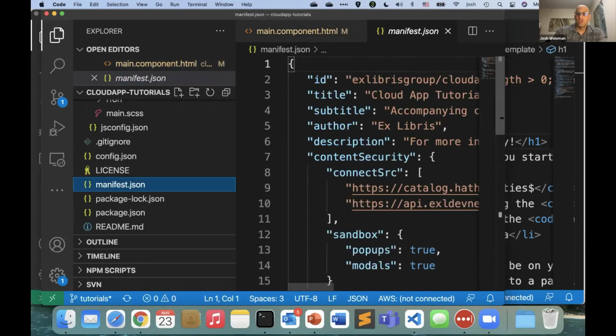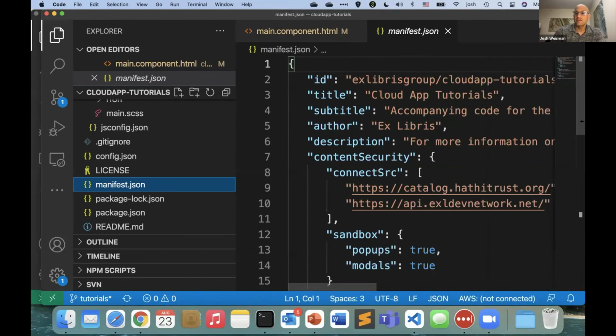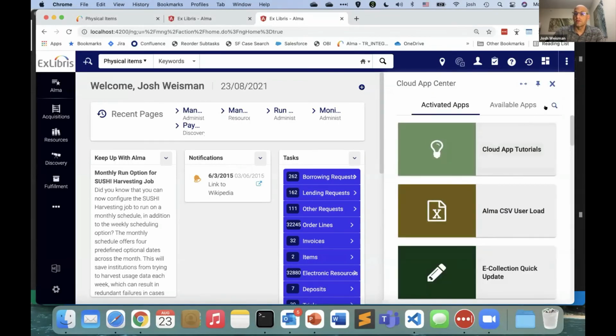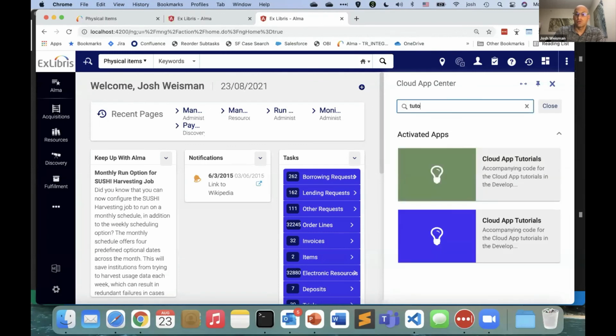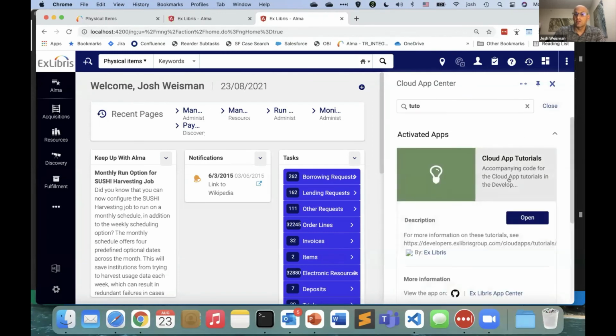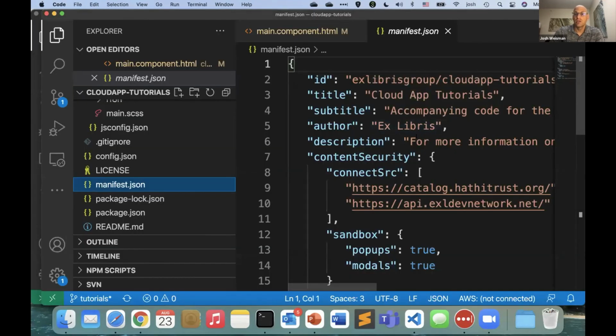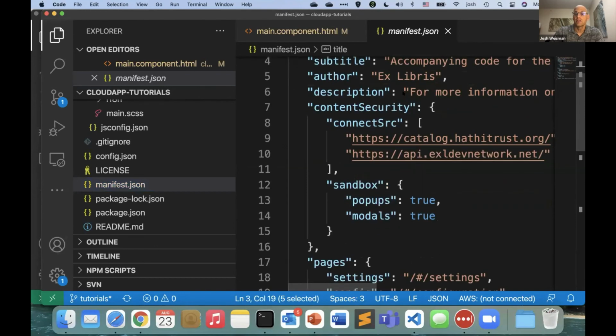I mentioned before that we would come back to the manifest. So this manifest is a file which describes the things that the Cloud app does. So when we look for our tutorial app, we see all the information, the description, the subtitle, the title.